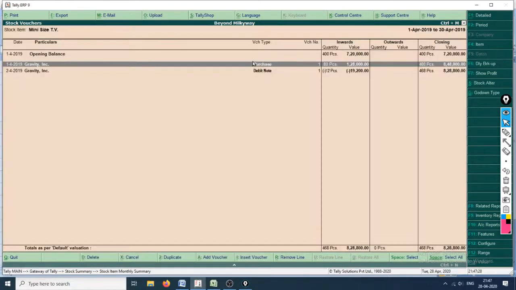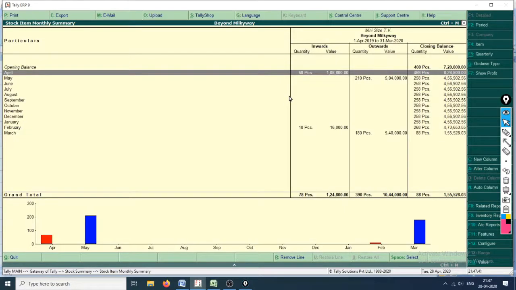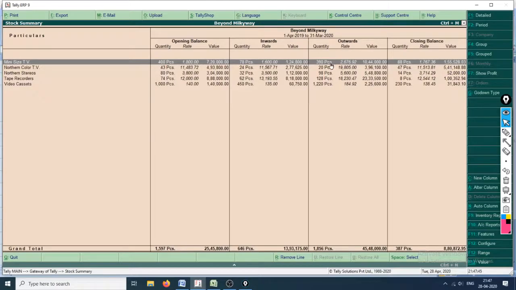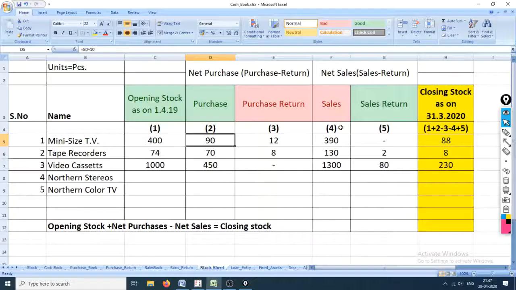We'll enter this one, and so 80 pieces came and minus 12, that is the debit note. Tally is having auto effects on these entries as we have defined everything clearly before, hence this is correct. 78, 390 pieces was outwards.